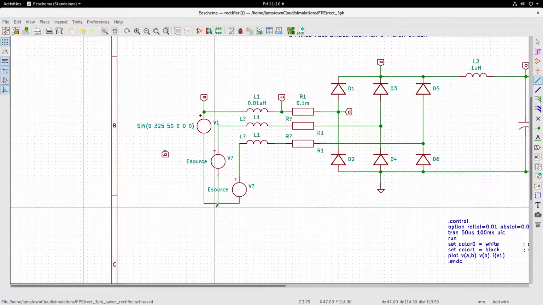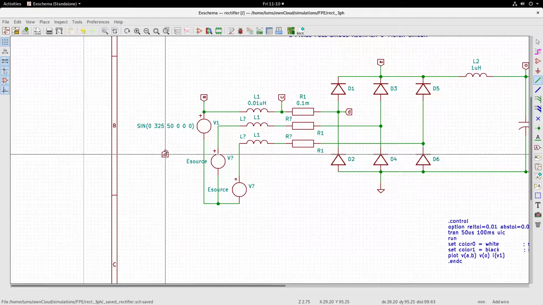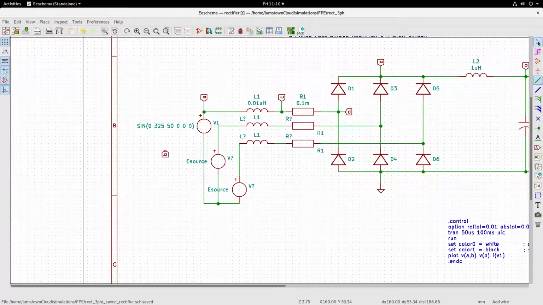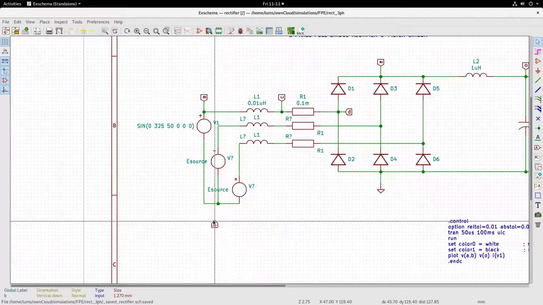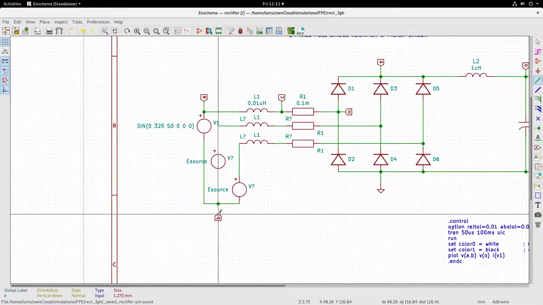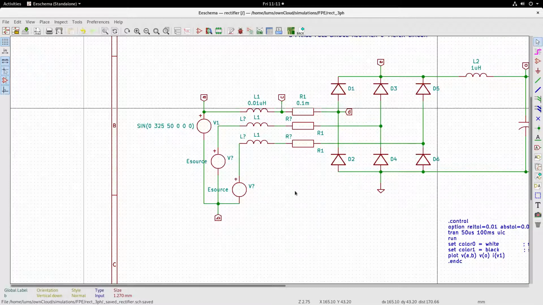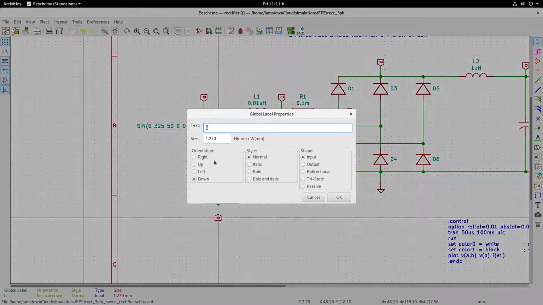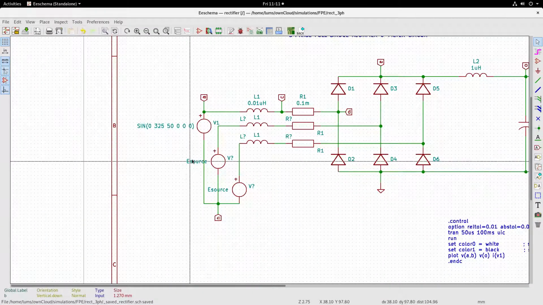and I will join the neutrals. We'll call this one as the neutrals. This is the neutral of the source, and I can change the cursor, take this label, move it here, and then I will call that label as N. Right, so double click on this label and let us call that as neutral N. So you have the circuit.